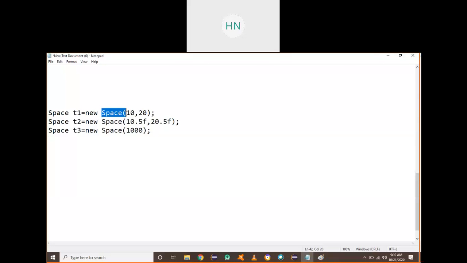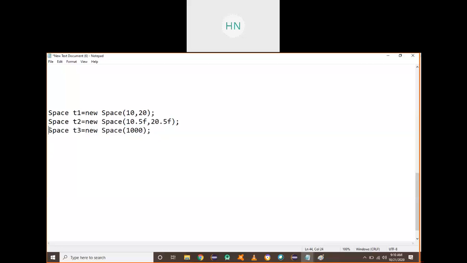So the space constructor is known as overloaded constructor. Why? Because we created three different constructors, three different parameters. One you are passing integer values, one you are passing float values, and one you are passing a single value. You can also pass four values, five values like that.